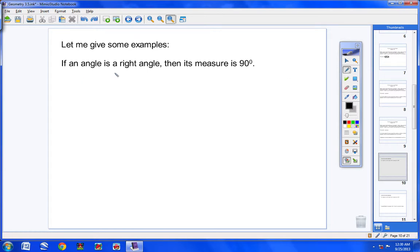If an angle is a right angle, then its measure is 90 degrees. Write that down. Now, if I asked you to write the converse of this, you would write this part here first. You would say, if an angle measures 90 degrees,